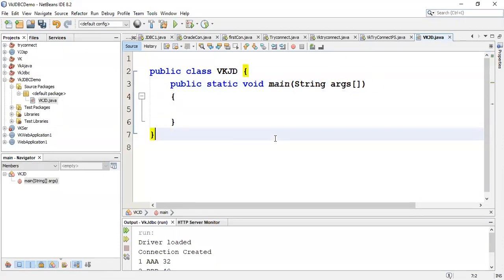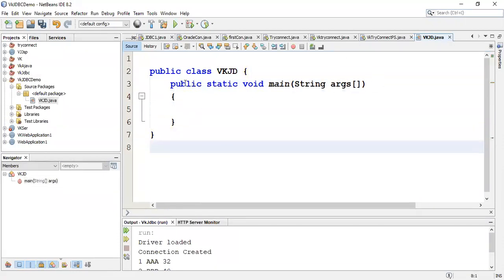Aditi, can you see? Yes, ma'am. Yeah. So I've created a main method. Inside the main method, now I have to start Java database connectivity.